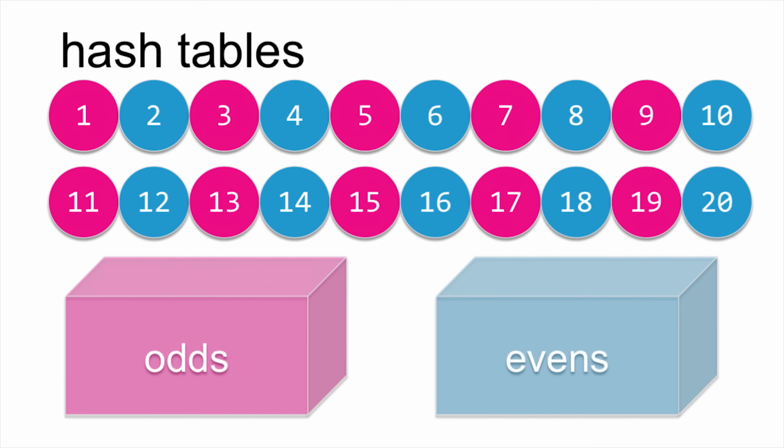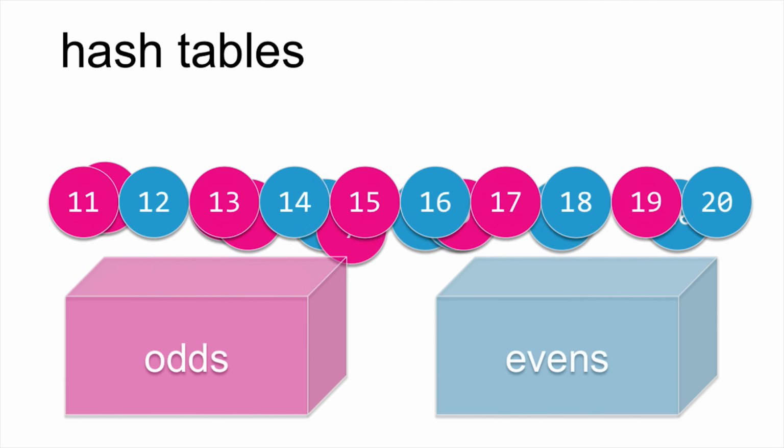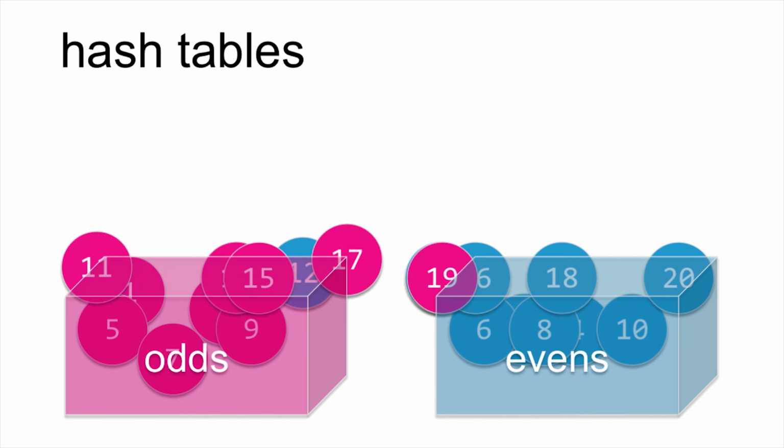Now, I hate to break it to you, but I have way more than just 10 CS50 stress balls in my closet. So let's say I'm looking at just my first 20. Well, then I can do the same process as before and sort all of the odds into the odd box and all of the evens into the even box. But now I'm faced with the same problem as before. With 10 stress balls per box, it might get a little bit more difficult to find the ball that we're